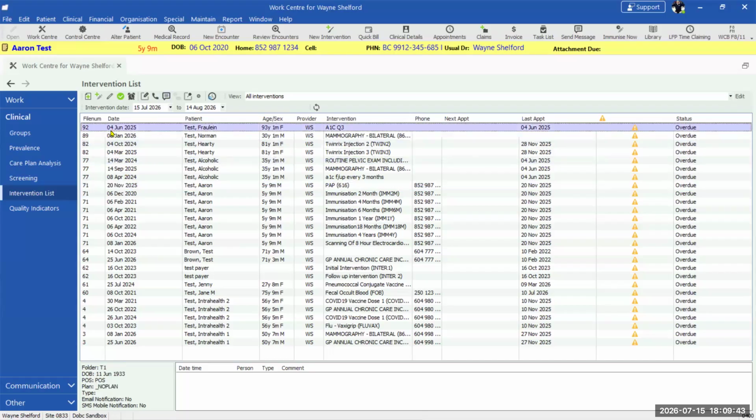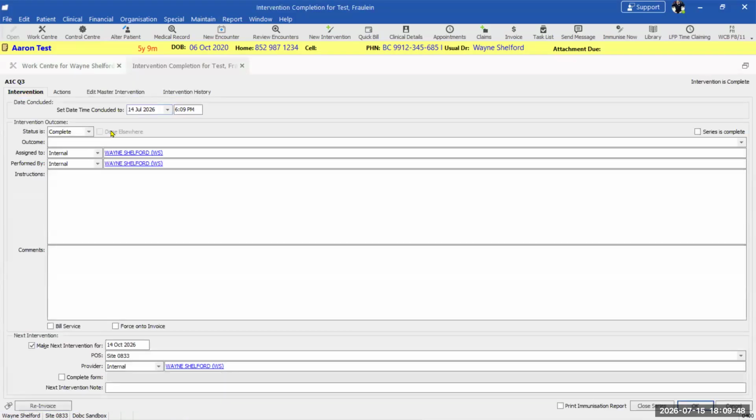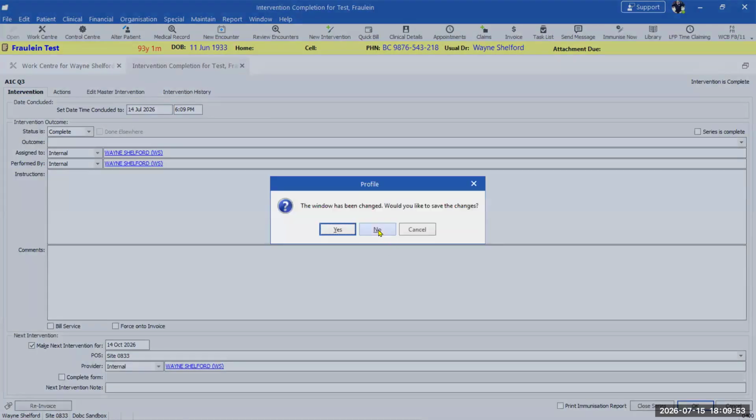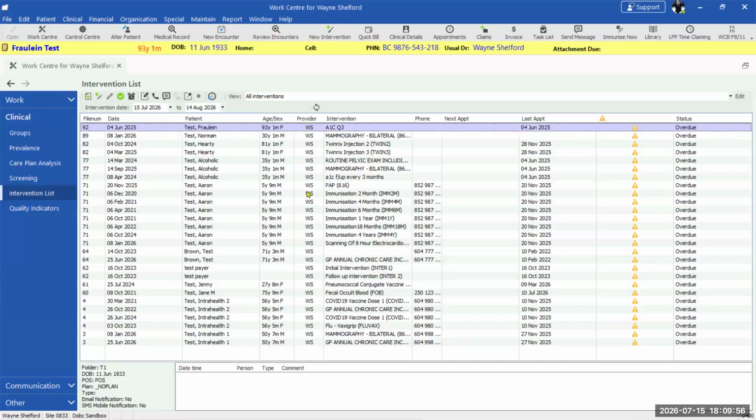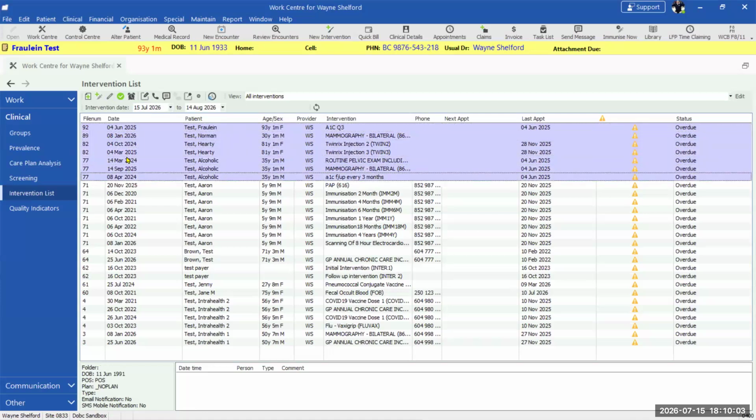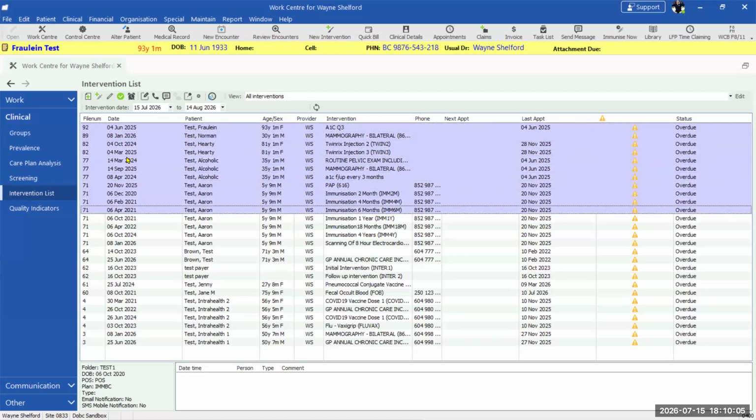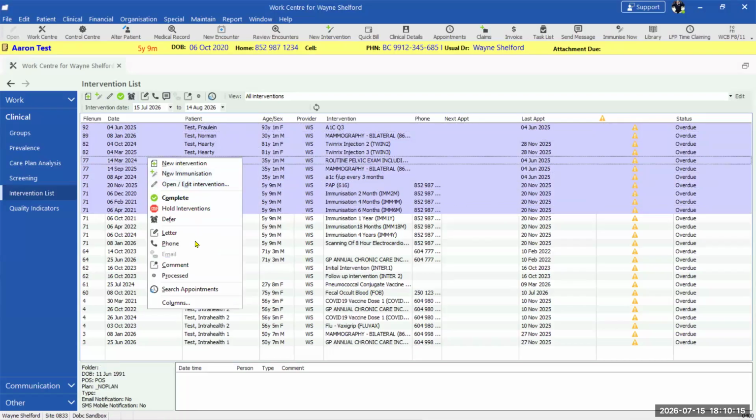Okay, let's select these. So what I do is select one, perhaps I didn't press what I wanted to press on my keyboard. I press Shift and the down arrow, and then I mark all the patients that I want to be included in this action. And then you can go and select it there, the actions on the icons, or you can right-click there, and here you can also see what actions are available.